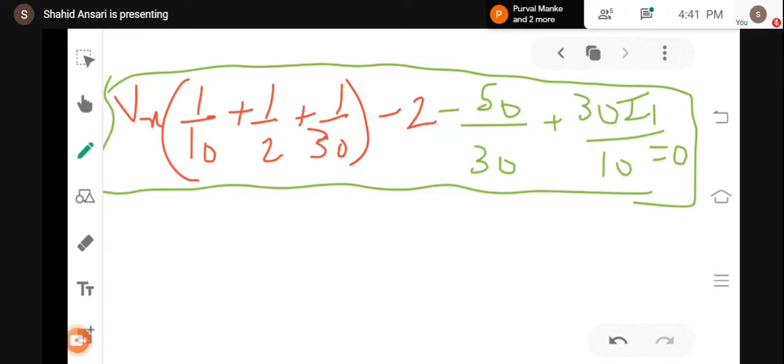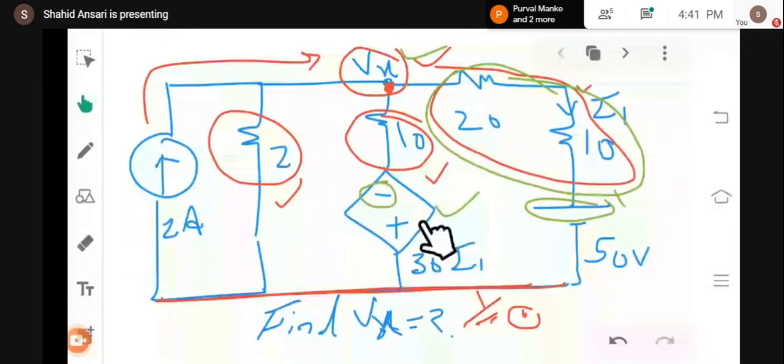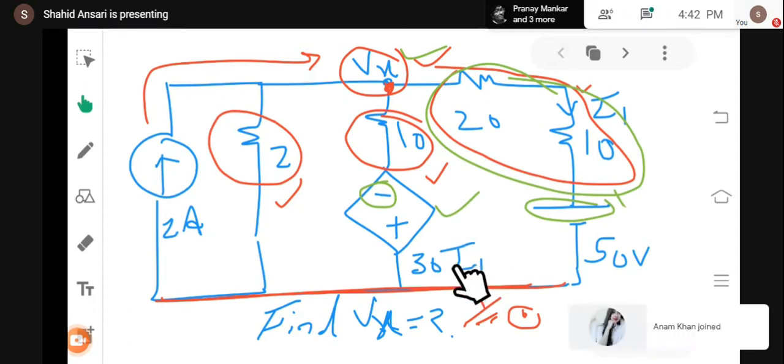Okay. So Vx, here we need to find out the value of Vx. How can we find out the value of Vx? If you see this particular equation, we have two unknown variables. One is Vx and another one is your I1. So can I call this the dependent source? Is it a dependent source or an independent source? An independent source must not contain any variable. Okay? This is the dependent source. It means the magnitude of this particular voltage source will be dependent upon I1, and I1 is the current flowing through this branch. It is mentioned over here.